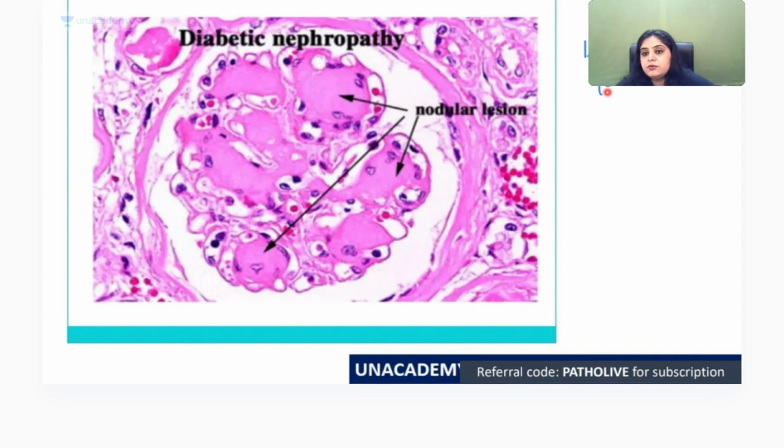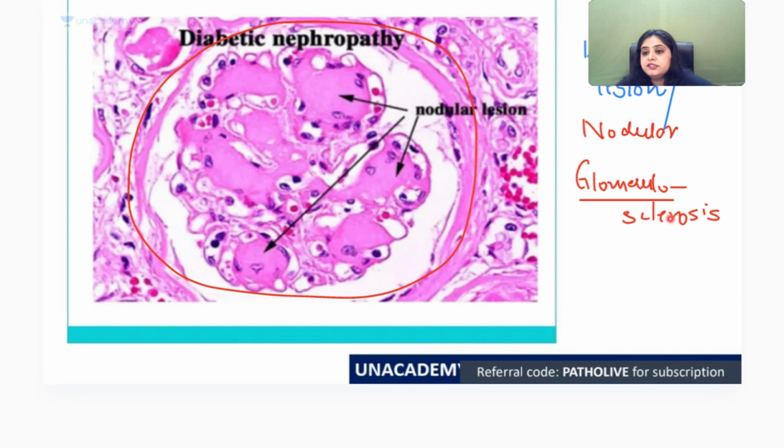This is your favorite KW lesion, but I want you to tell me the other name for KW lesion, which is actually asked in the paper. The other name for KW lesion is nodular glomerulosclerosis. You will see a glomerulus, which you can see over here. You will see sclerosis because this is all pink material, and all that pink material is in the form of nodules. Nodular glomerulosclerosis. So they ask you, what is the special stain for this pink material?